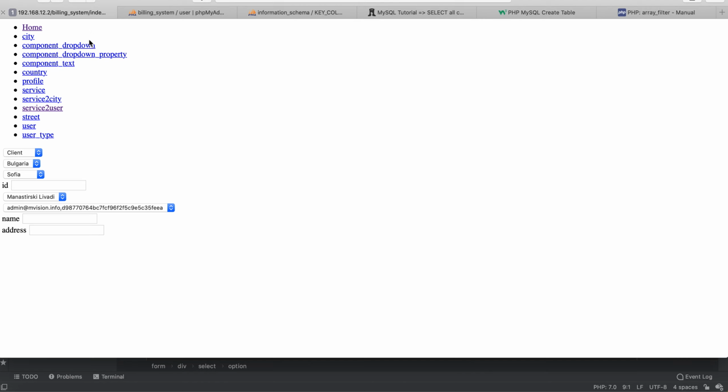So that's why here we see first this user type dropdown, and then we have the country, and then the city, and then we have the street. So our extract columns logic has provided dynamically all the dropdowns that are related to that